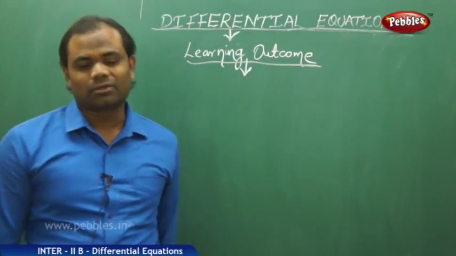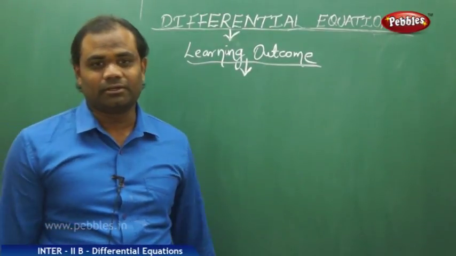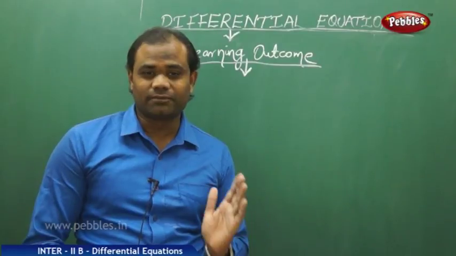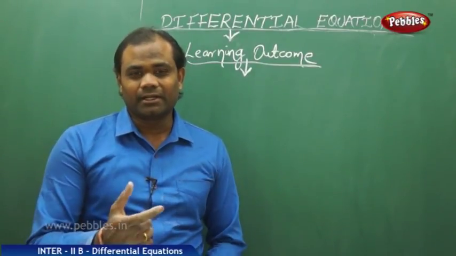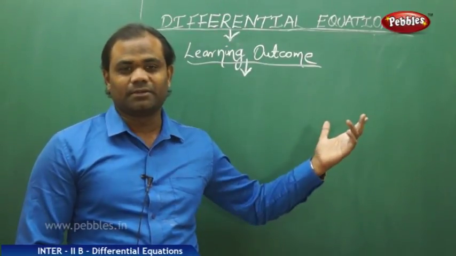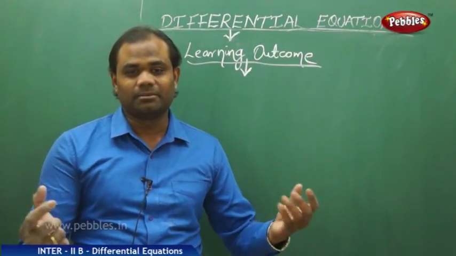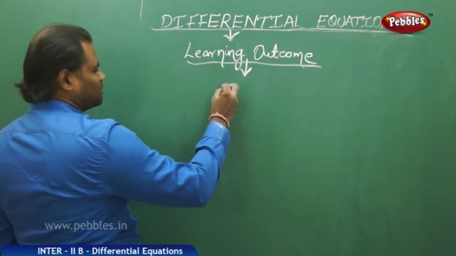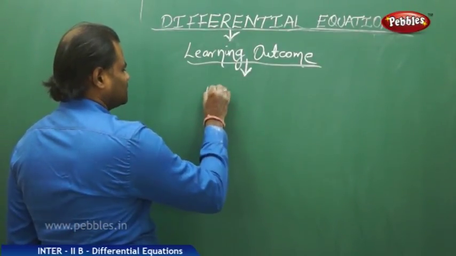Let's see the learning outcome of homogeneous differential equations. As we have clearly seen, the homogeneous differential equation indirectly uses the variable separation method, as seen in the previous case where we separated the variables x and v. Therefore, here the learning outcome is that